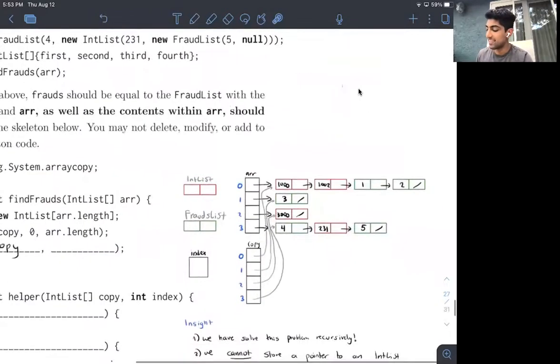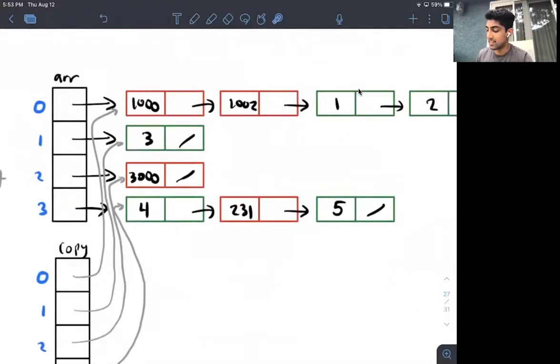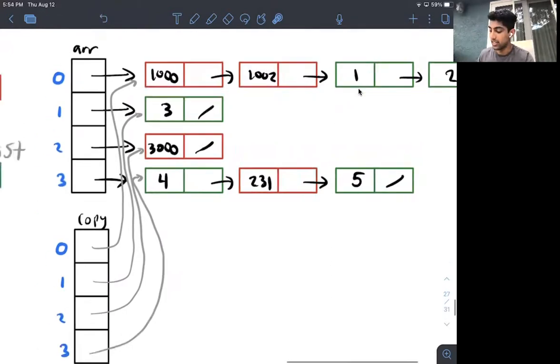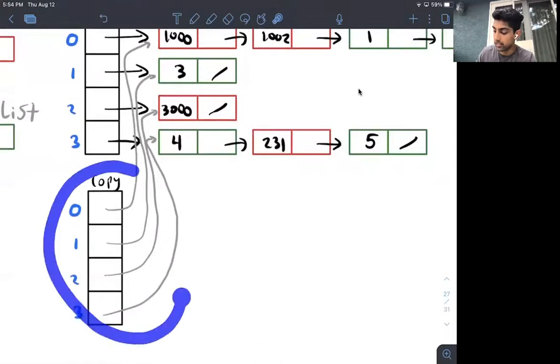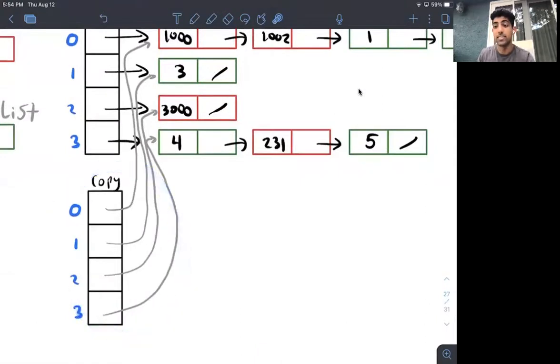So the idea is that I can't change any of these black pointers. I can't touch any of the black pointers because R, as well as the contents within R, right, all of these links, must stay the same as I do my recursive call. What I can change, though, this is very important, is copy, right? More specifically, I can change these gray pointers, right? Because I have access to copy.